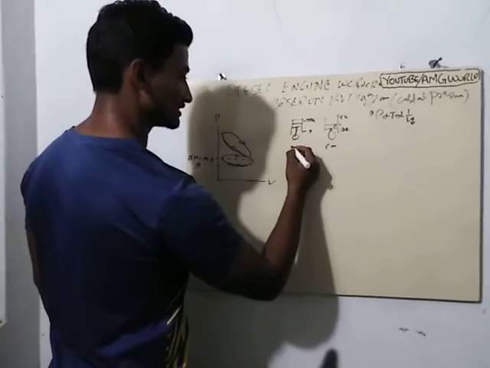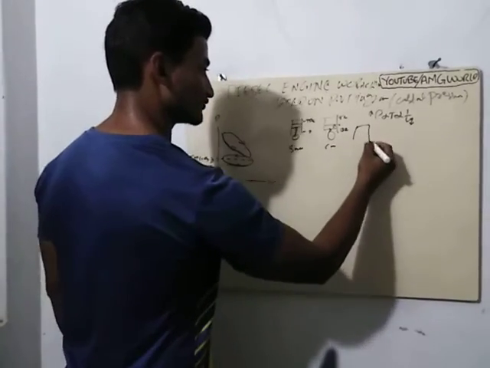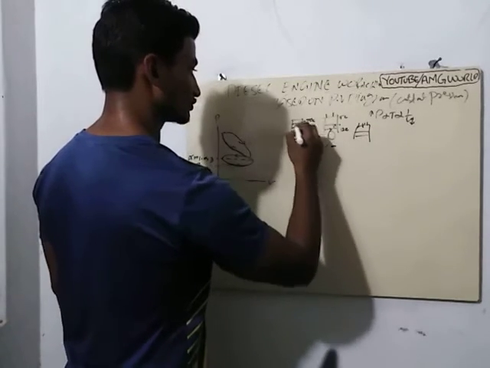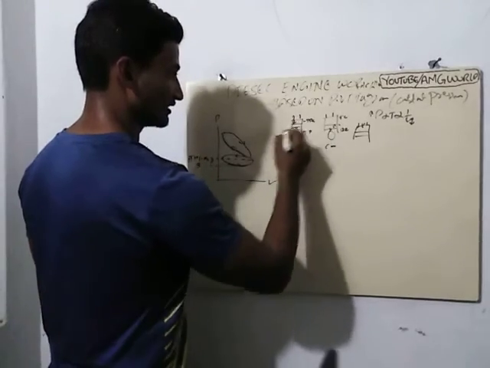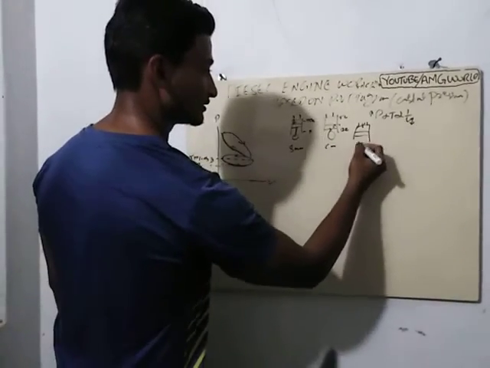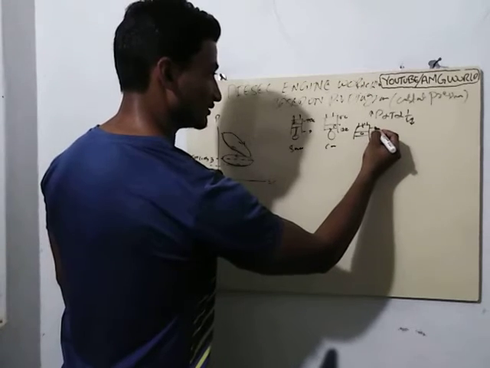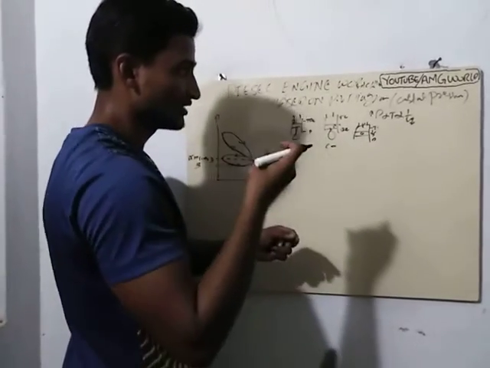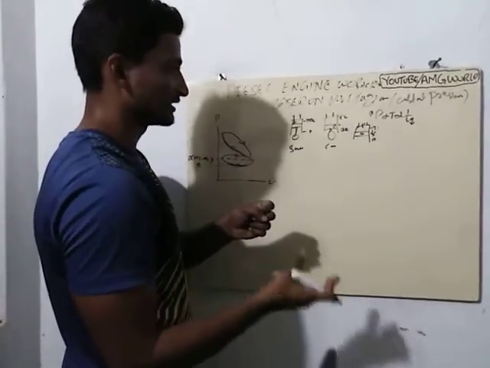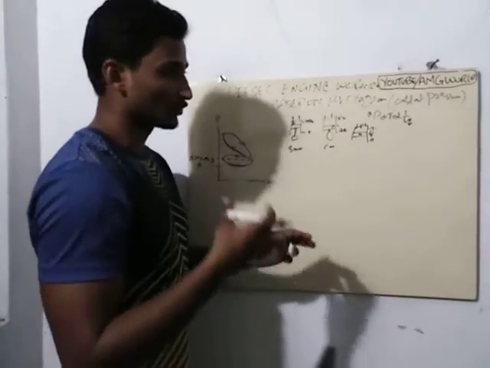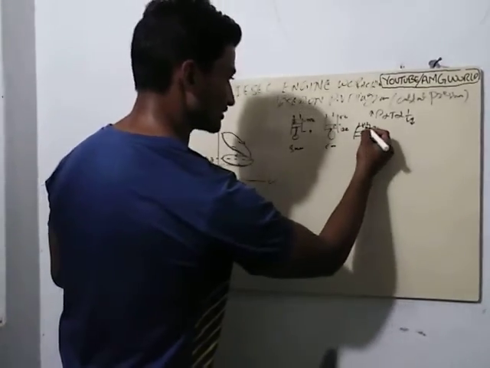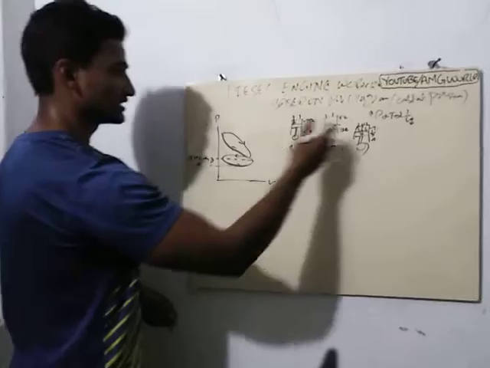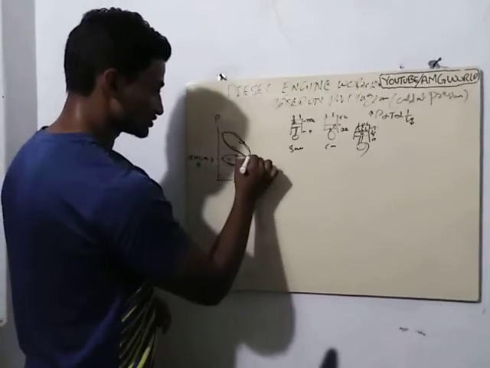This is the compression stroke, this is the suction stroke, and here we have the next one, the expansion stroke. At this particular stroke, we have both valves closed, and here the inlet valve opens, and the exhaust valve is closed, and here the piston travels from TDC to BDC again, right? During the stroke, what happens? Expansion. During expansion, what happens? At the end of compression stroke, the fuel is injected, and the charge which is present in the engine cylinder is going to be burned, and the burned flue gases with high pressure push the piston down, which rotates the crankshaft. In this particular stroke, the engine gets started, and here comes the expansion stroke, right?